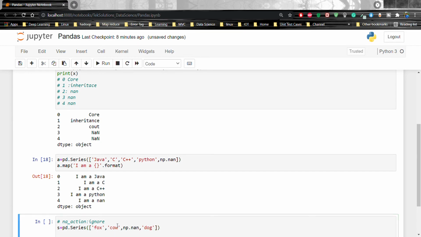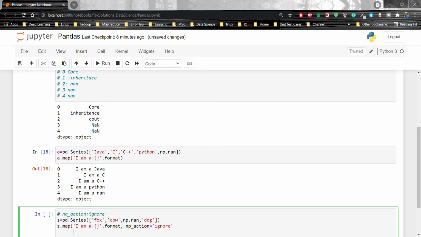Now I am going to add s.map and pass 'I am a {}'.format, and then we pass na_action equal to ignore. So when we run, what will happen? This is a fox, this is a cow, this is NaN, and this is dog.